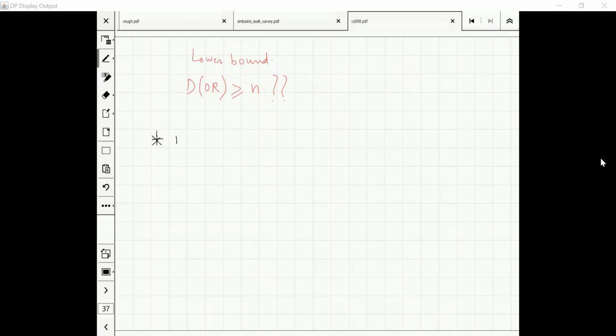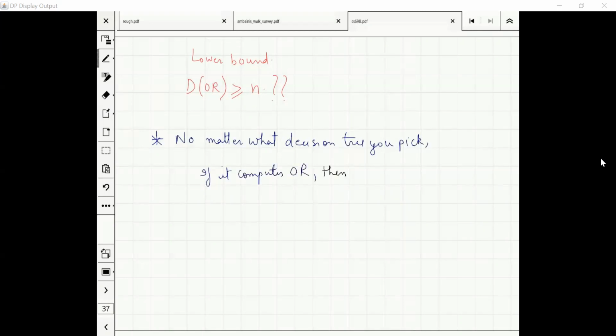You want to show no matter what decision tree you pick, if it computes OR, if it gives the correct answer on OR, then what do I want to show? Sorry, I didn't hear. Then the depth is